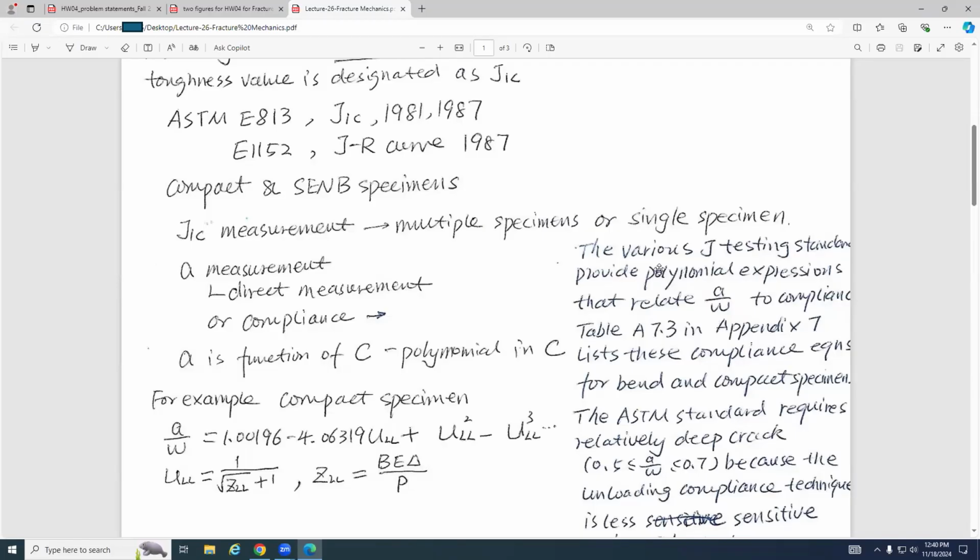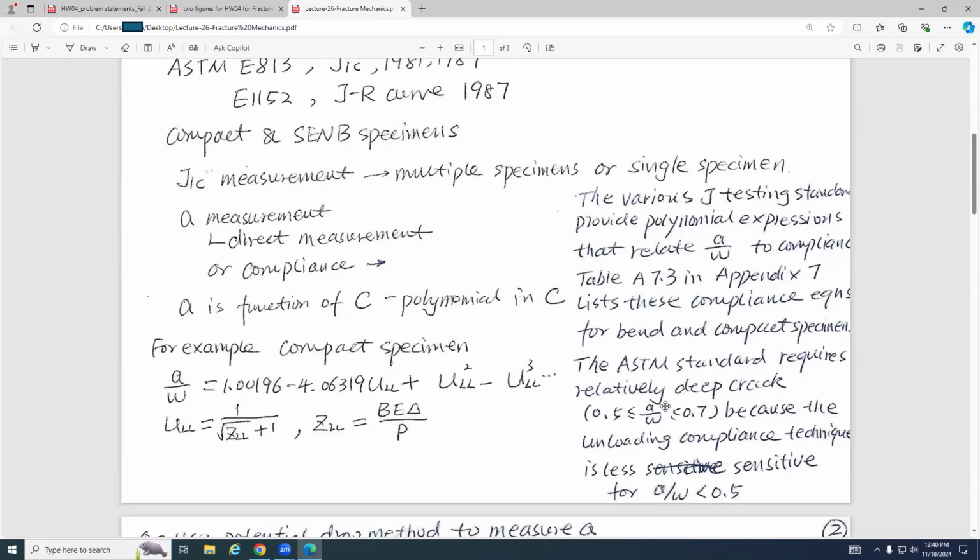So the various J testing standards provide a polynomial expression that relates A over W, where A is the crack length and W is the width, to the compliance C. This is a table that lists the compliance equation for bend and compact specimens. The ASTM standard requires a relatively deep crack,